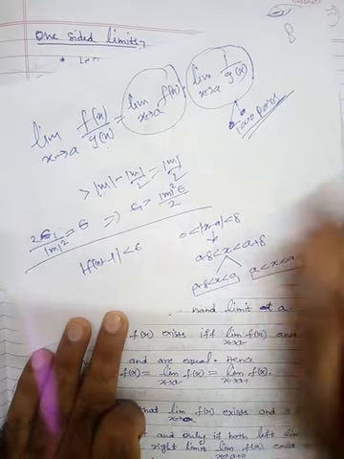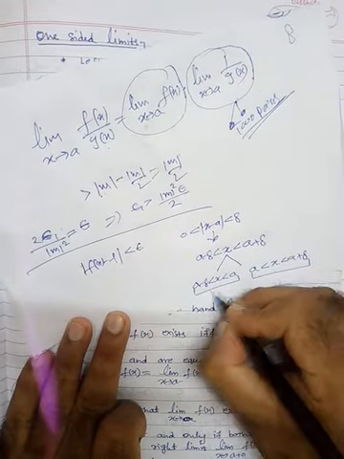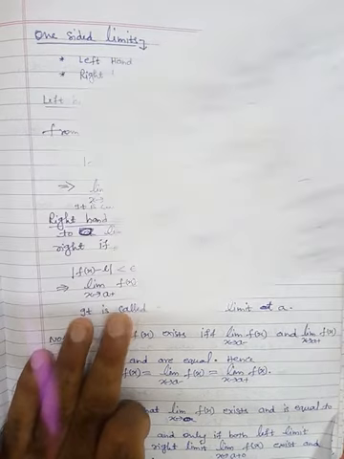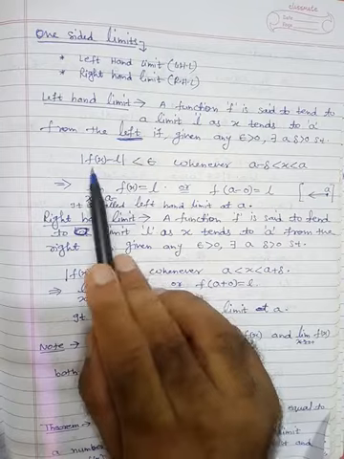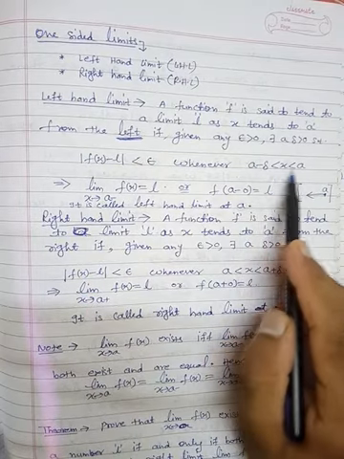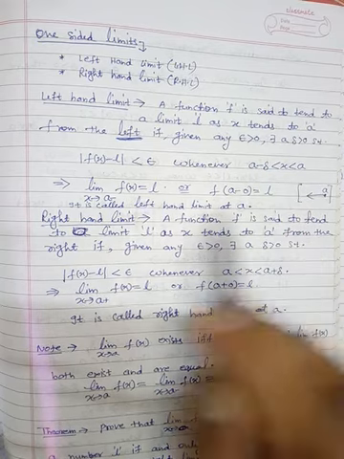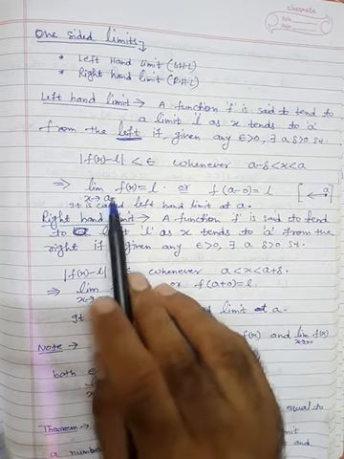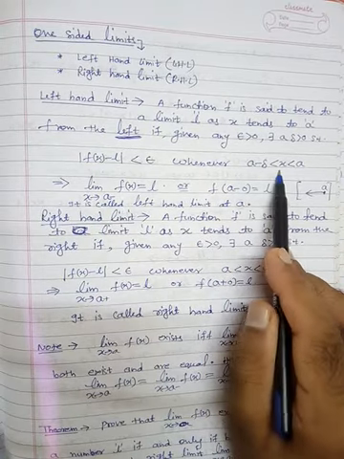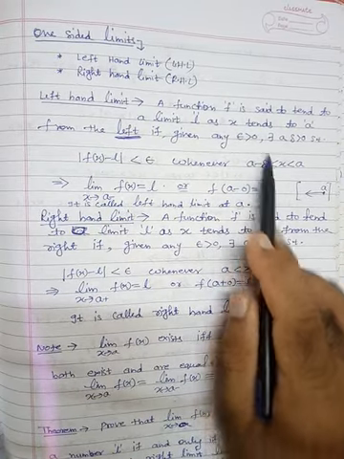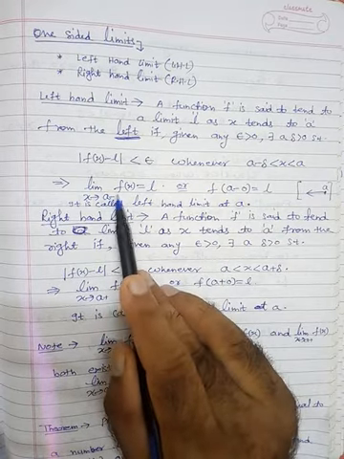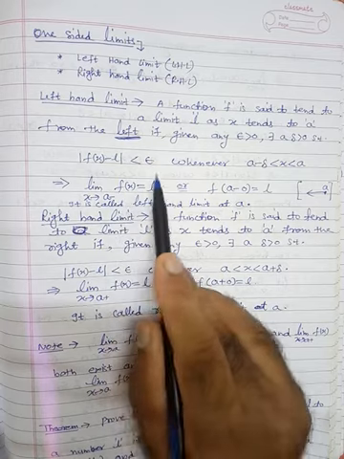Fine. So here basically in the left hand side limit we are taking this, but in the right hand side limit we are getting this. Fine. So here |f(x) minus L| is less than epsilon whenever a minus delta is less than x is less than a. In short, this can be rewritten as limit x tending to a minus, because this quantity is less than a. So to show this quantity which is less than a, we are using the sign a minus. Limit a minus f(x) is equal to L.